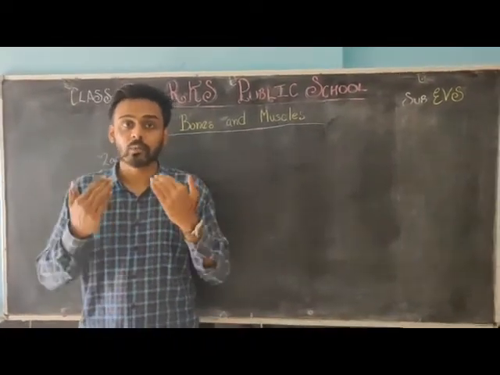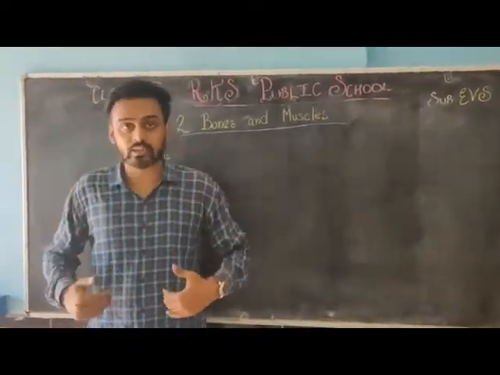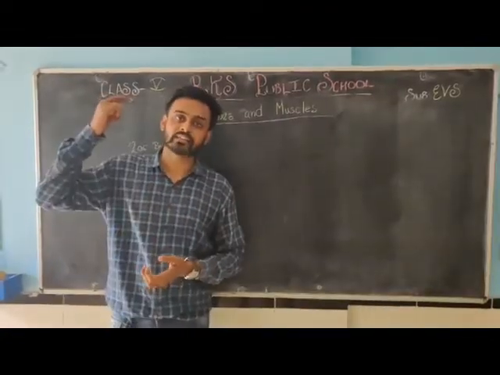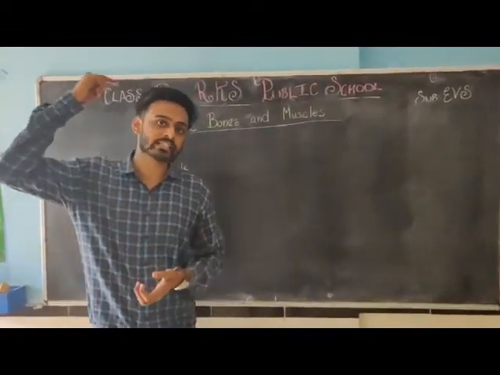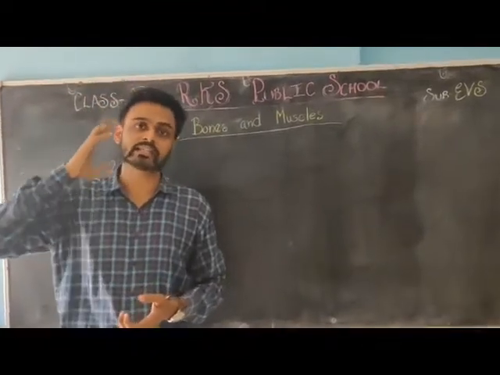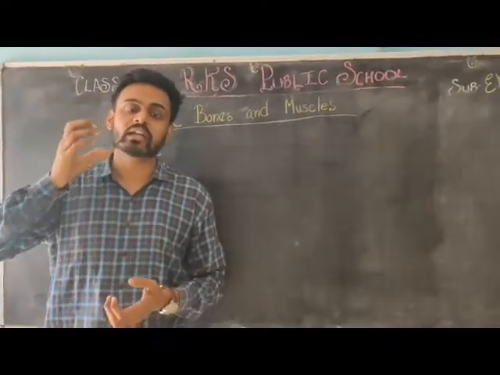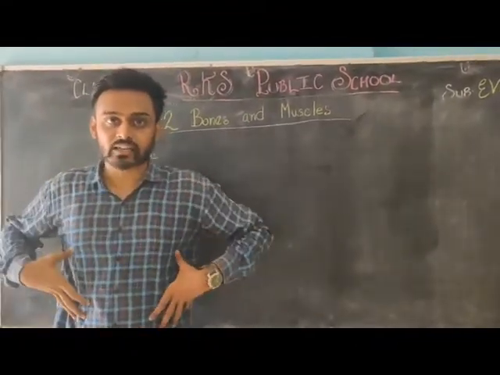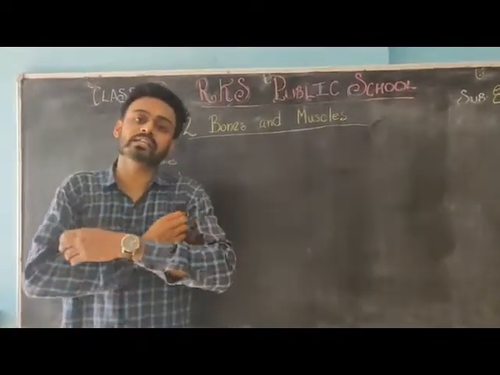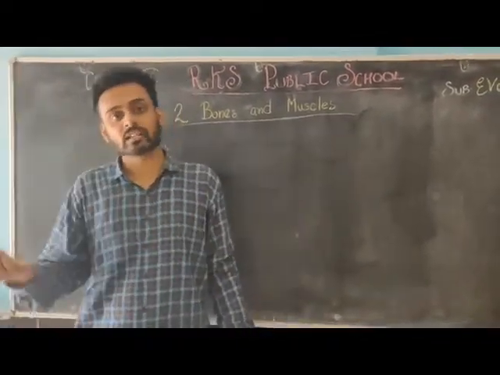Bones help us to stand straight. From the head, underneath the skin is the skull. This is our skull section. After that it is the rib cage here, and the pair of arms is forelimbs, and the pair of legs